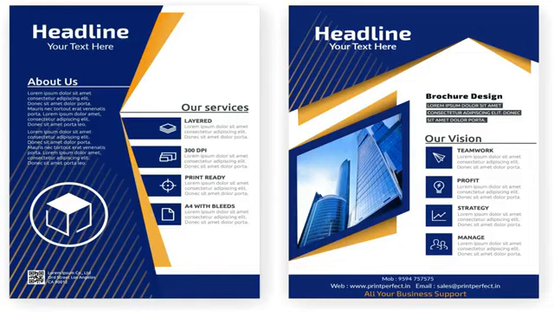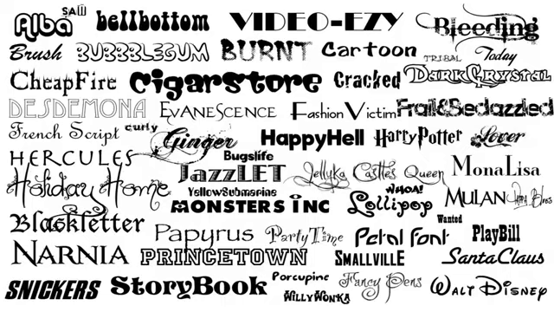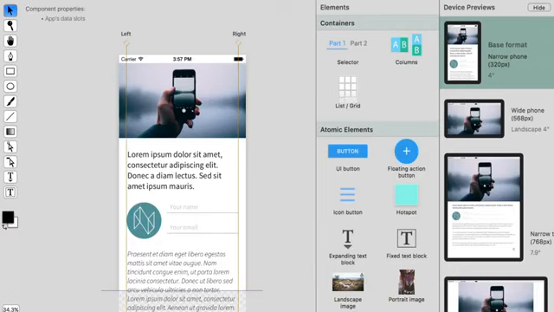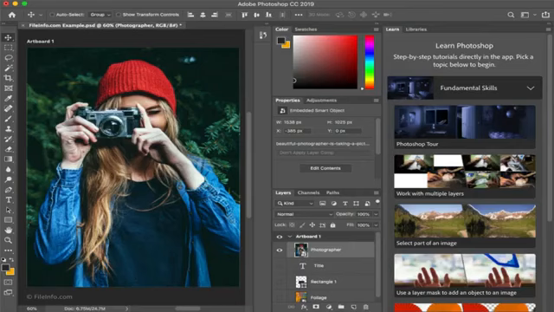These kinds of graphics are mostly handmade combinations of vectors, decorated texts, and layouts. Some popular software to make such graphics are Adobe Illustrator, CorelDRAW, Photoshop CC, and lots of software are available on the market.